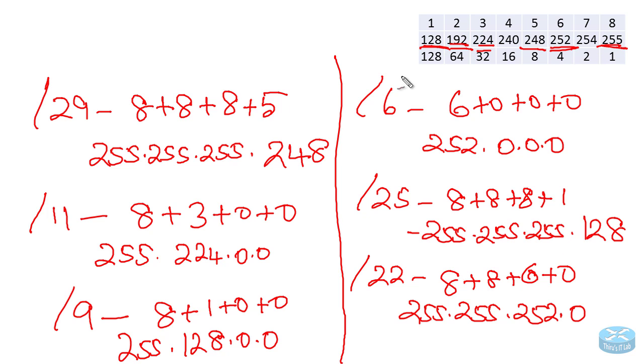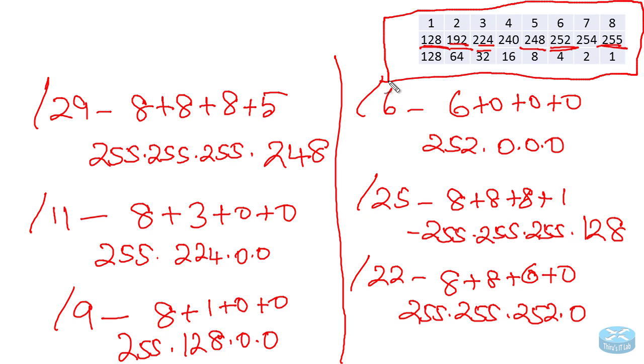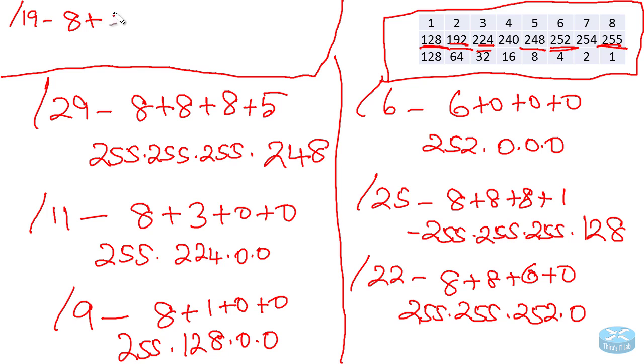So you know this is the chart that makes it easy to convert CIDR notation to subnet mask value, because once you memorize this, or once you know how to make this chart, it will make your calculation easy. Let's do a final one, the last one for the CIDR notation conversion. Let's say /19. 8 plus 8 plus 3, plus 0 here. So the subnet mask value would be